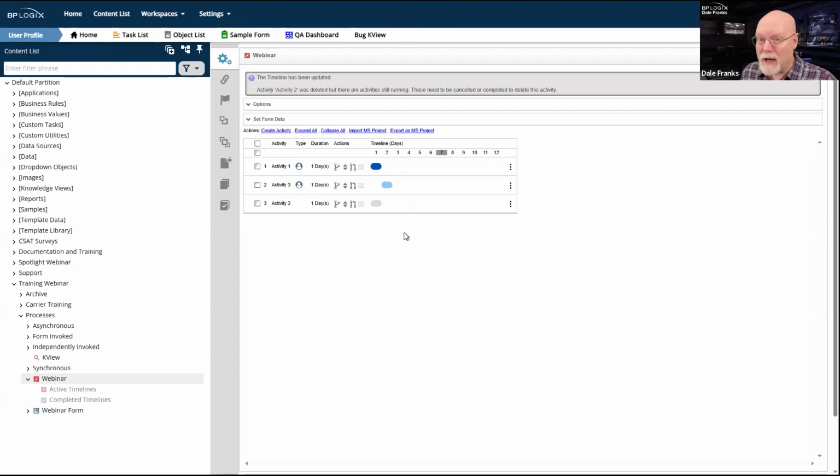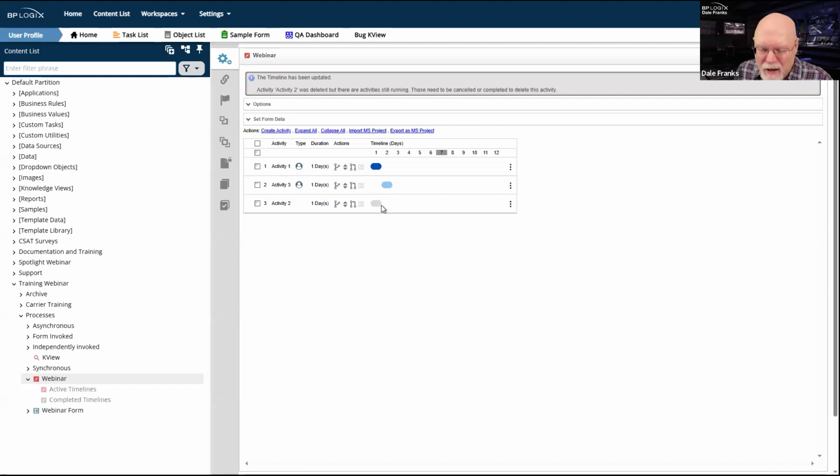Process timeline is not going to know what to do because both activity 2 and activity 3 now don't know what their successor activities are because they've both been deleted. Well, activity 2 does, but activity 3 doesn't. So that is going to have to be managed as well. If you're going to make a fundamental change to the process timeline, if it's going to be something this easy, you can get away with it.